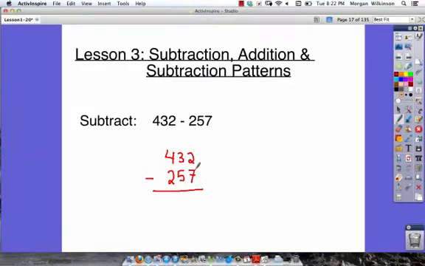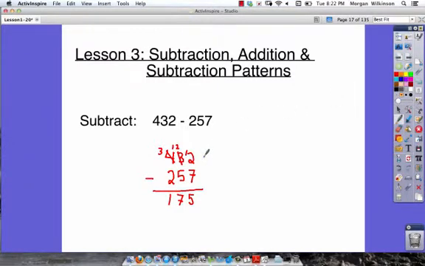When we go ahead and solve this problem, we can see we're going to have to borrow from the 3. We've got 2 now, and we have 12. We're going to borrow from the 4 to get 3, and we have 12. Now we can go ahead and solve. 12 minus 7 is 5, and 12 minus 5 is 7, and 3 minus 2 is 1. Now, I already know you know how to subtract problems like this, but the important part about this problem is